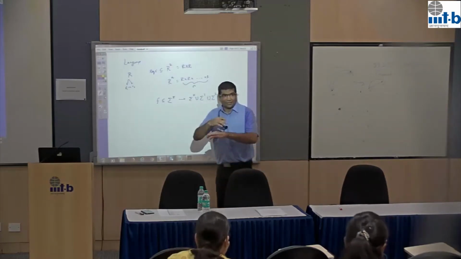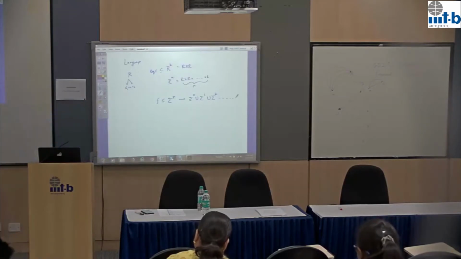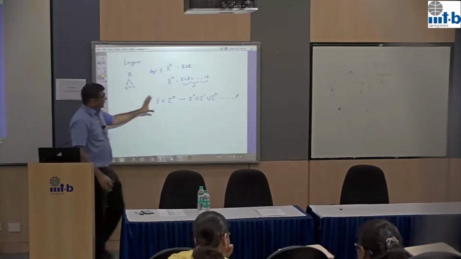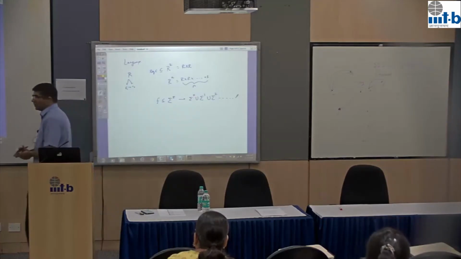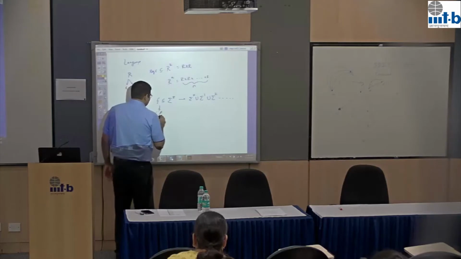So sigma star is the set of all strings of any length. So what we did is say every problem is a function, every function is a set, and every set is a set of strings. This is what we call a language,